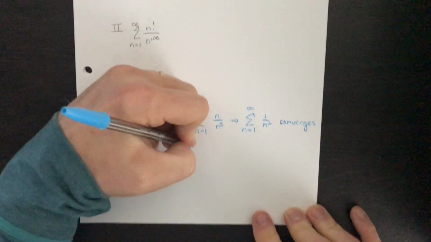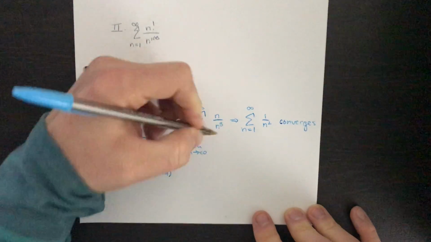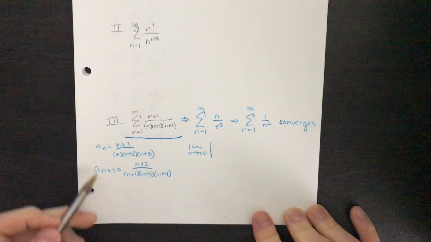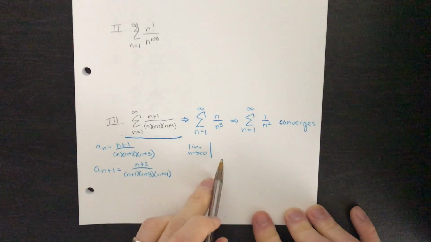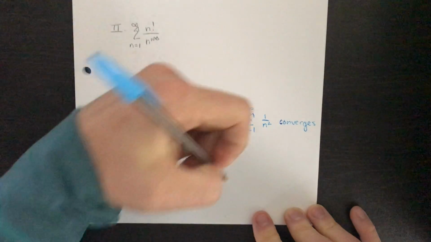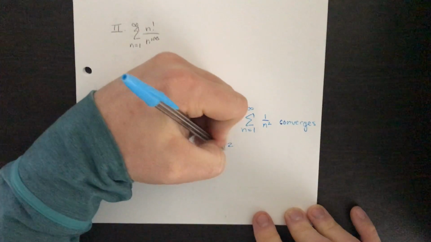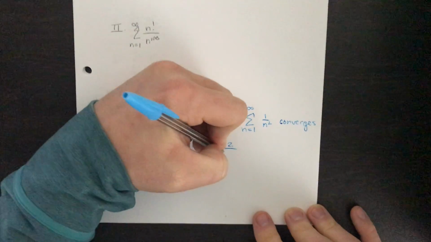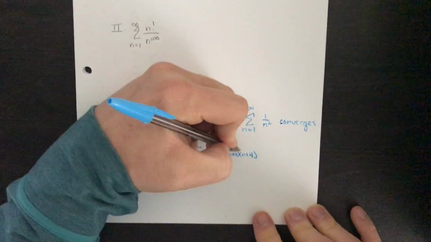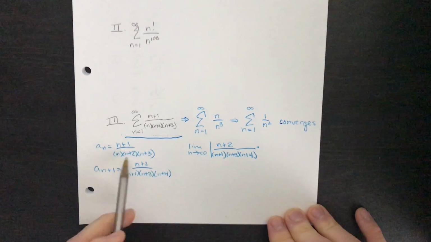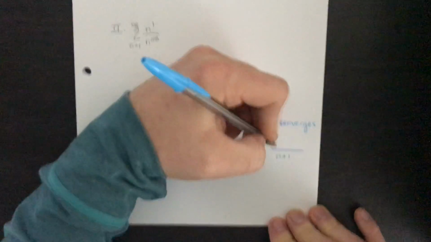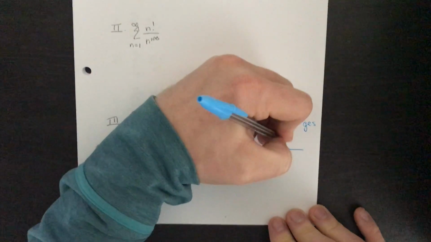What we're now going to do is take the limit as n goes to infinity of the absolute value of the ratio of a sub n plus 1 and a sub n. I'm going to multiply by the reciprocal, so instead of dividing by a sub n, I'm going to multiply by the flip of that. So I'll put a sub n plus 1 as it's written, and then multiply by the flip of a sub n. So n plus 1 goes on the bottom, and then the top is n times n plus 2 times n